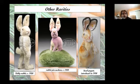Other rarities I'll share with you. This teddy rabbit here on the left, I've only handled 1 or 2 of these, one of them at James Julia, and he at one time was blue. He was blue and white, and he's just very sweet. He has sort of a teddy bear body and a rabbit head from about 1928, based on his construction, proportions,